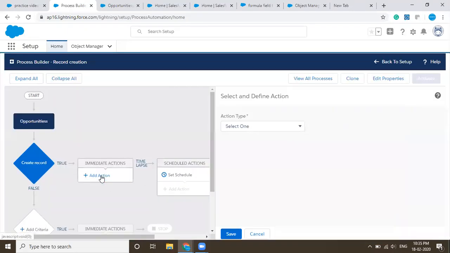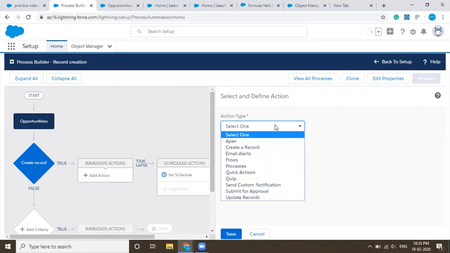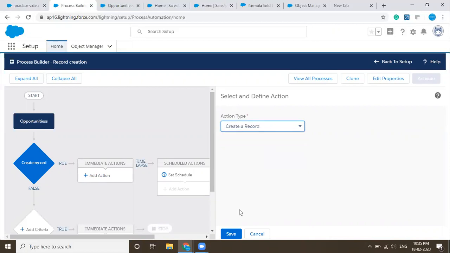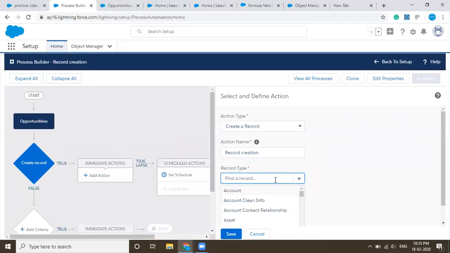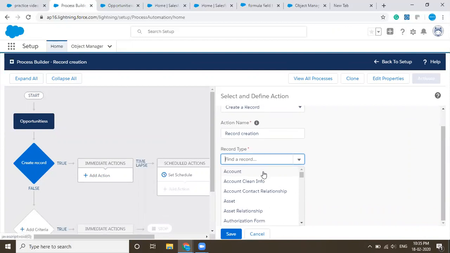Now the immediate action. What action do you want? We have already created the record, we have created the formula. So what action do you want? Create the record. Now the action name: you want to create a record, so Record creation. You can give any name that suits you. Record type: what record type are you using? In the object that we have created, opportunity history, there are three types of